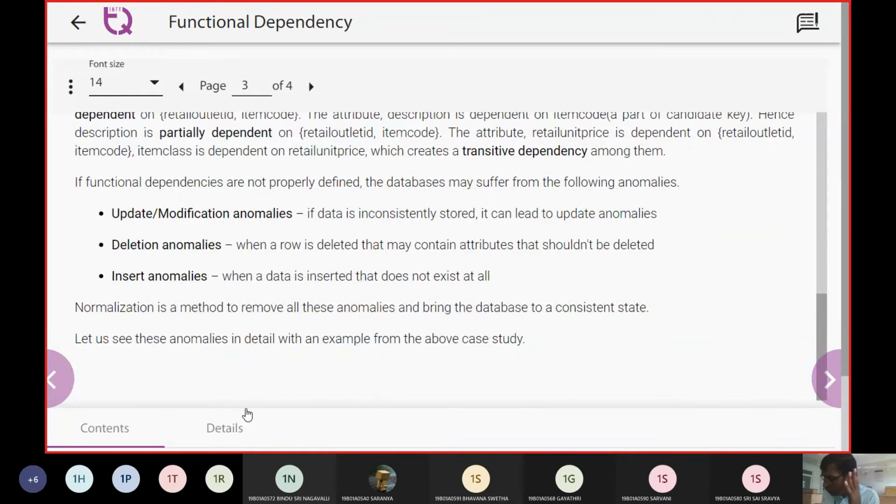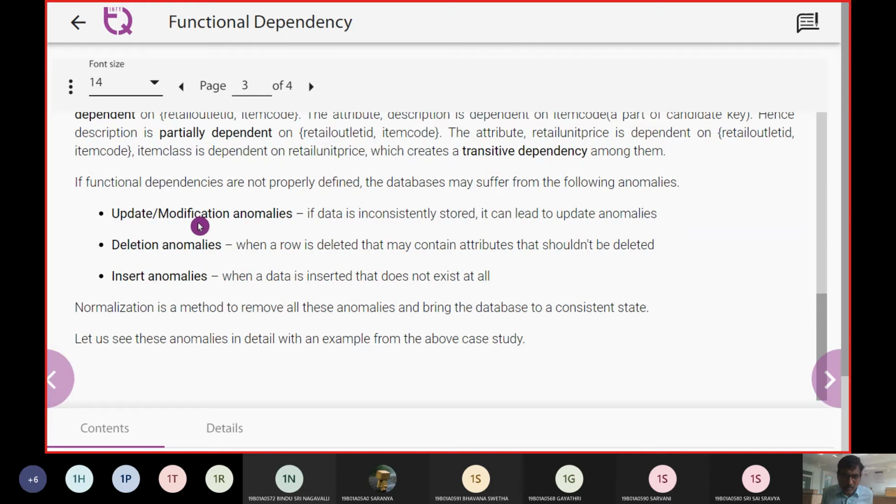So while inserting data into the database, there are three anomalies to look into. The very first aspect, we are going to call the insert, update, and delete anomaly. The second one is the pure delete anomaly. The third will be the pure insert anomaly. So the update or modification anomaly is the first one, the second one is the delete anomaly, and the third is the insert anomaly.